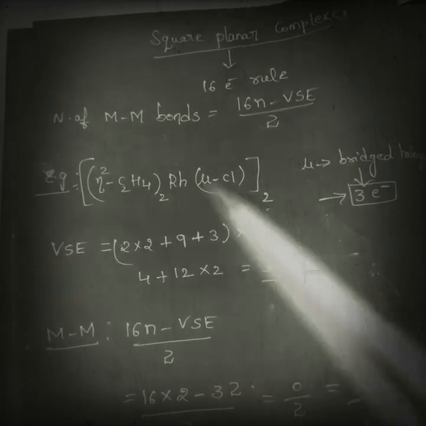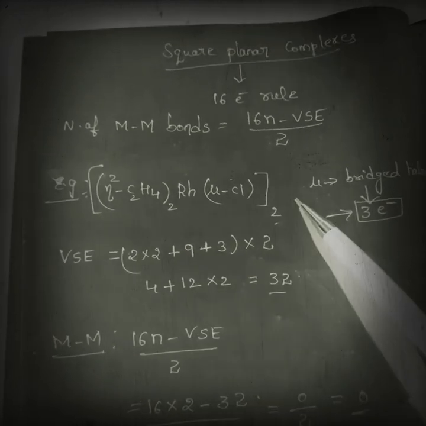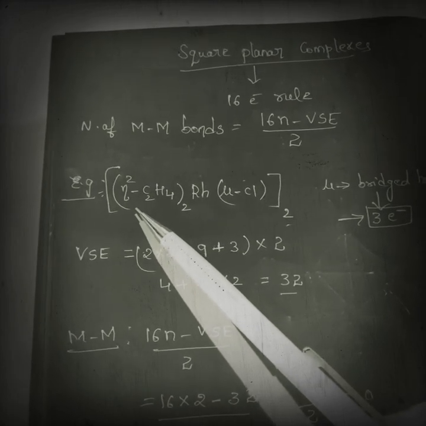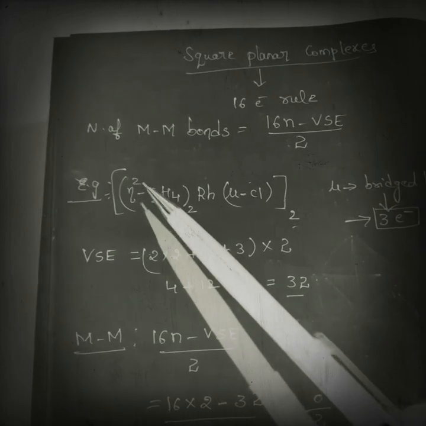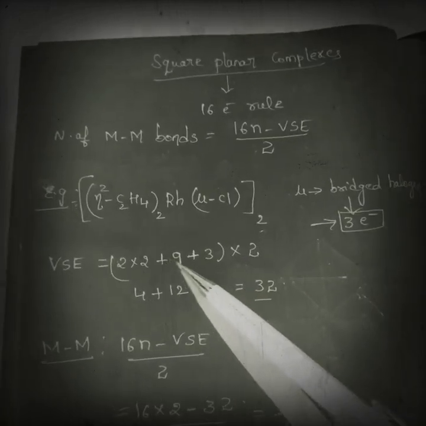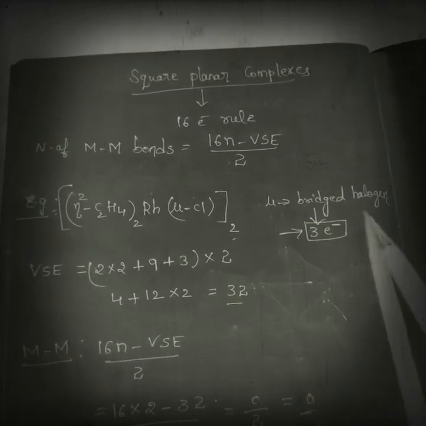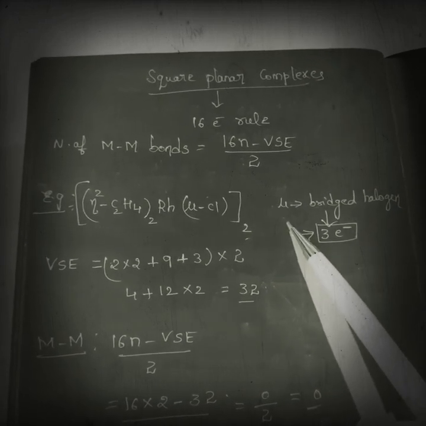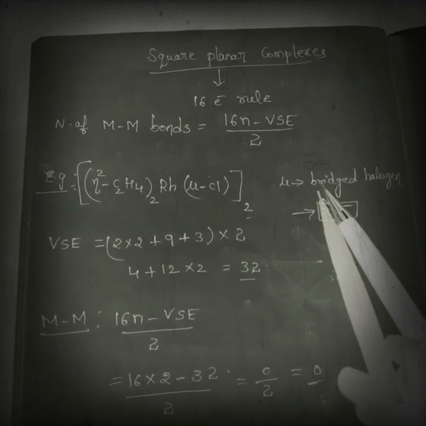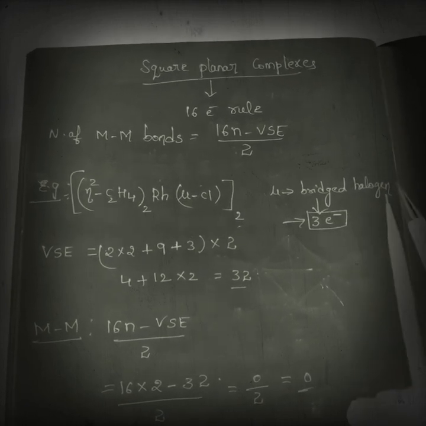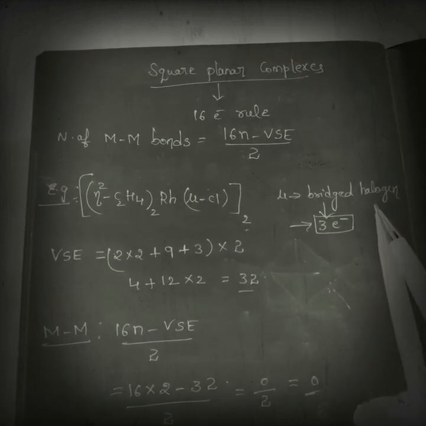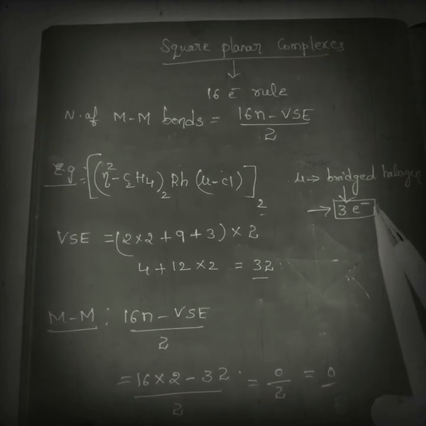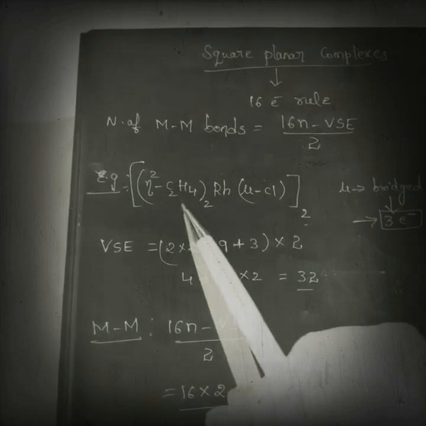Okay, this is the cluster they have given. See, this is hapticity. I think you have an idea about this because I have already discussed it in my previous video, friends. Let us start. One more thing, friends, which we have to remember: mu means bridged. Mu indicates bridged. If in the given cluster we find a bridged halogen, we should know that the electron contribution by the bridged halogen is 3 electrons, friends. This we have to remember. Okay, let's come to this.